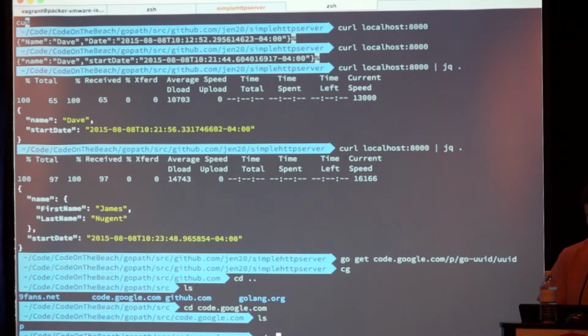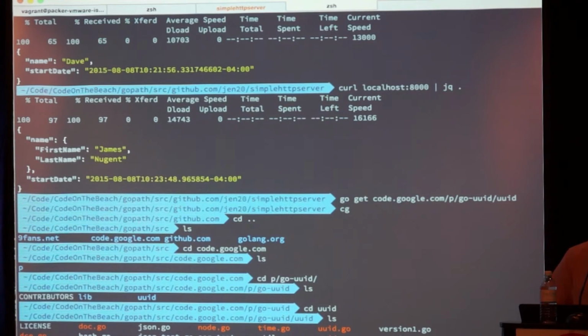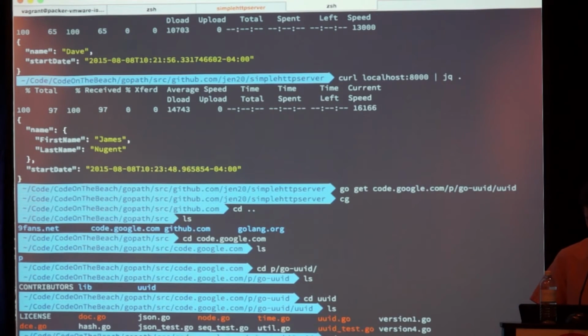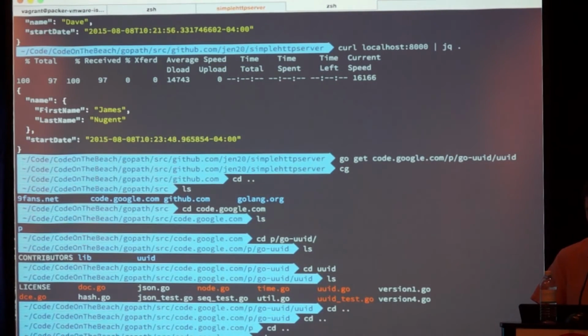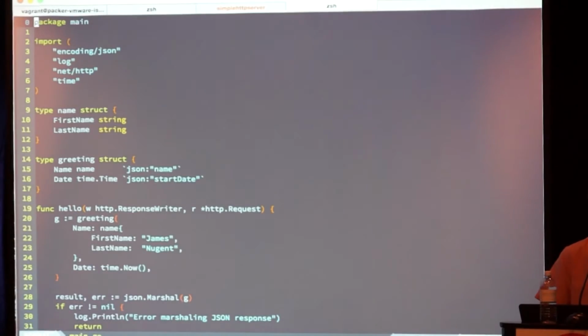code.google.com/p, so that's that part of the URL, and then go-uuid, and then we end up with the actual package. If we go into UUID, that's where the actual Go files are that implement this package. So let's put one of those on our simple HTTP server response for a second, just so we can see how to